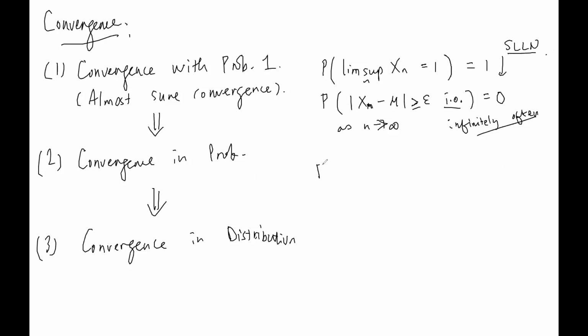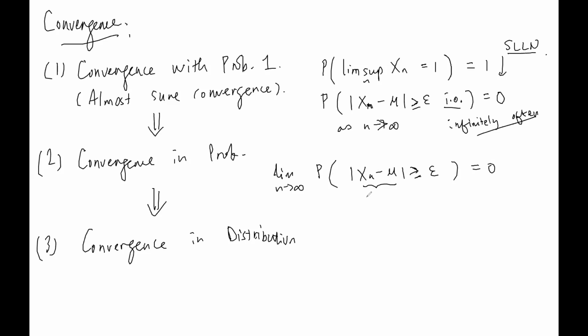So convergence in probability is the following. We basically say that the limit of this probability equals 0, okay? Which basically says that in the limit, your xn, yeah, cannot escape from mu by more than a certain amount, right? That chance is impossible. It cannot escape, okay? So this is called convergence in probability,